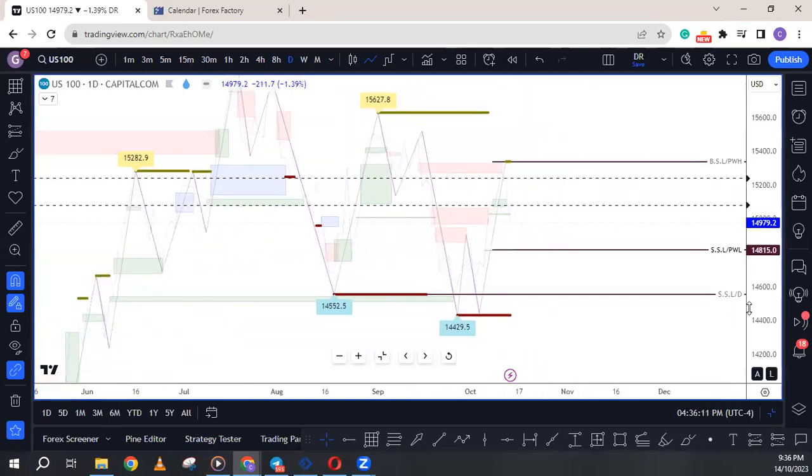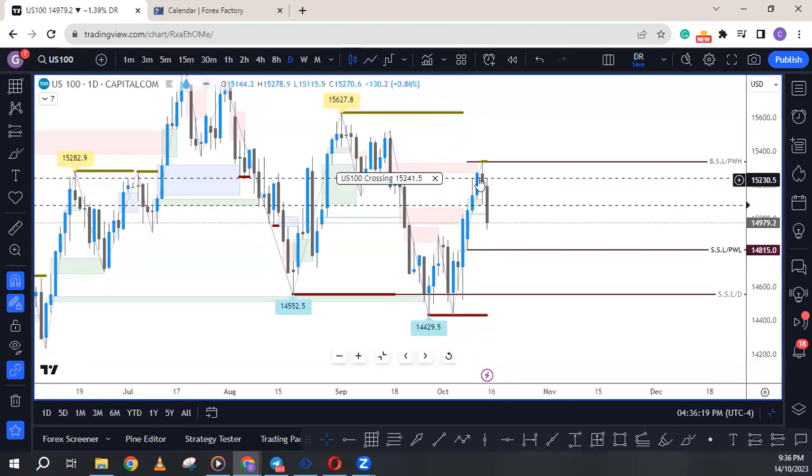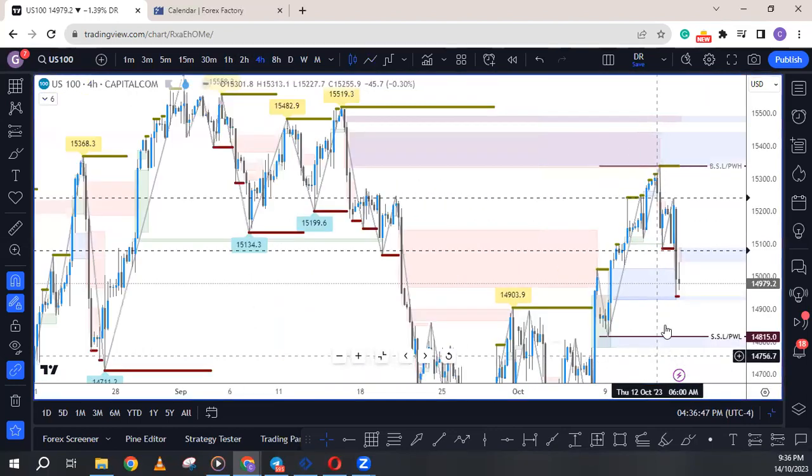But my concern on the daily is we have what looks like a higher wave formation here. Price rallied from here, like I said last week, into this fair value gap. And if you look at this fair value gap, it was the last up candle before this down move. So this is a bearish order block. You see price ran into it and there was a move down. And so if we go into the 4-hour time frame,